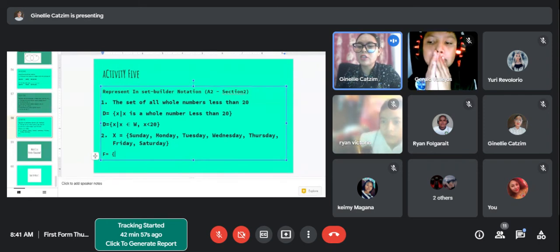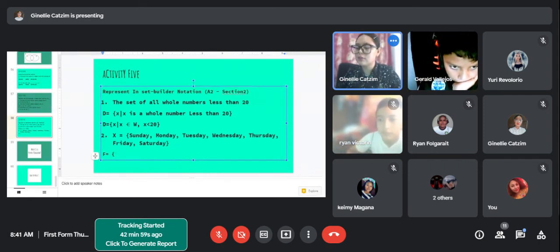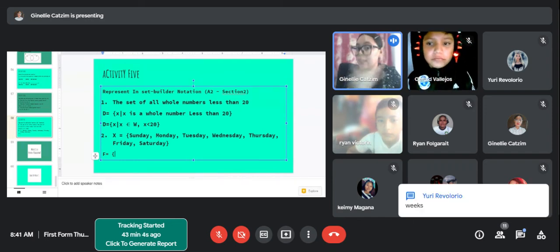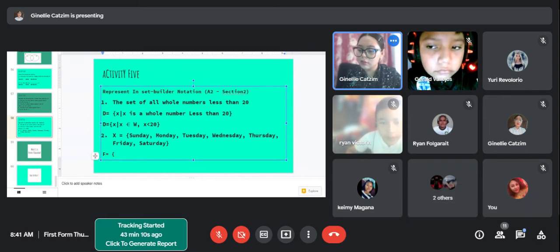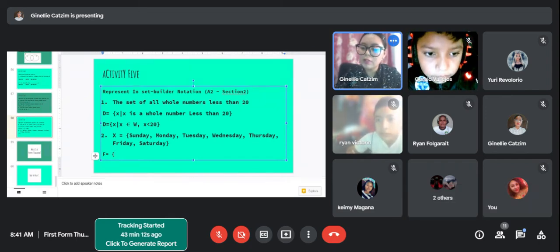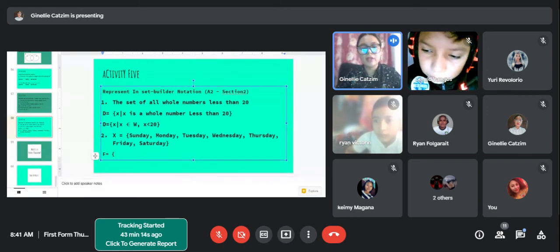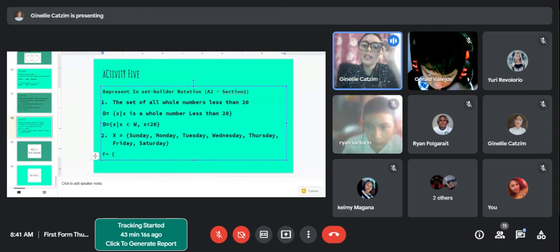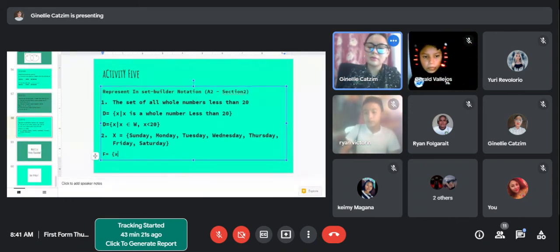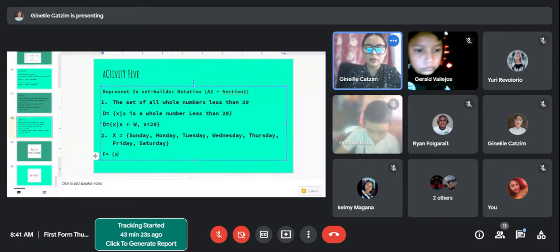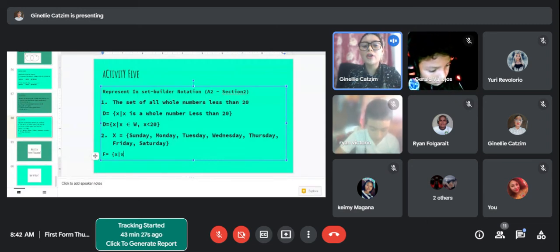Sunday, Monday, Tuesday, Wednesday, Thursday, Friday, and Saturday are what? They are days of the week, right? So we can include that in our notation. Very good, Yuri. Right now we will develop from your example. So we know that these are days of the week, so we could put X, the vertical bar, don't forget your vertical bar, where